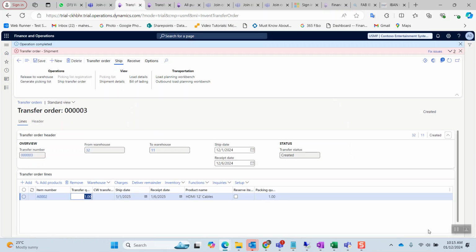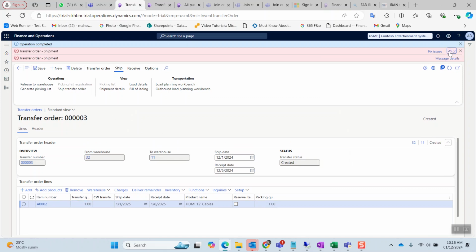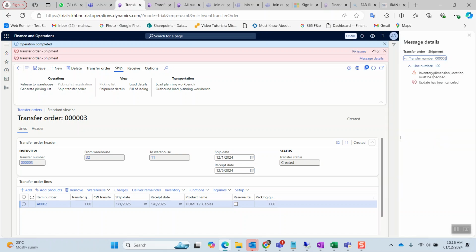Okay, the shipment is created but it failed. The reason behind it is, if you see the message details, inventory dimension location must be specified. So here I need to update the inventory dimension location; until then it will not allow me to ship it. So what I will do, here you can see